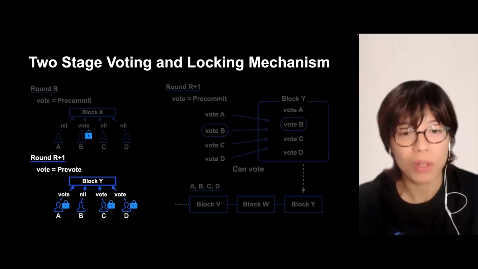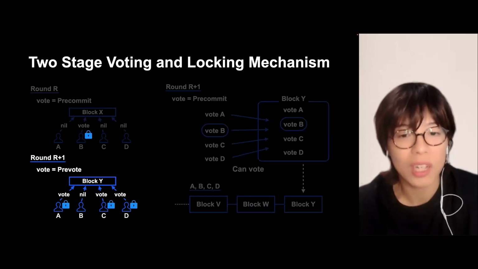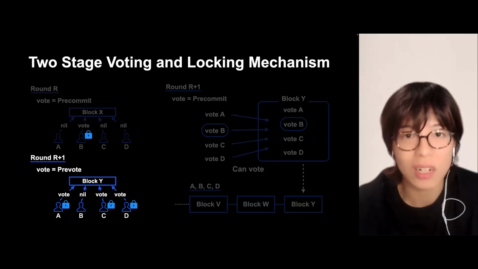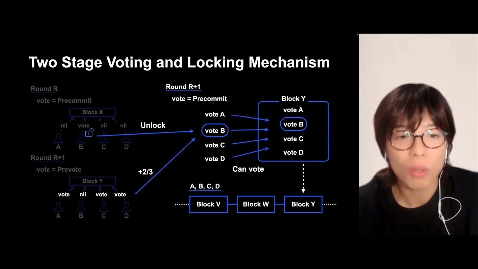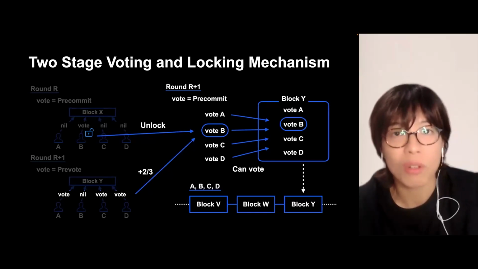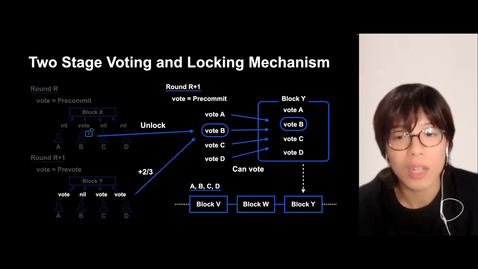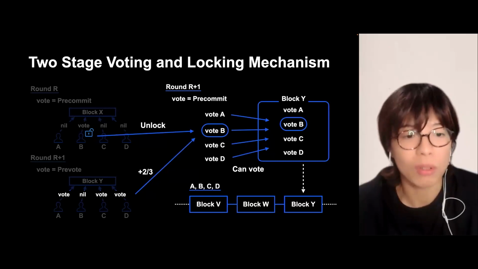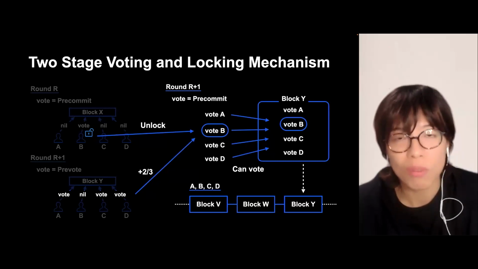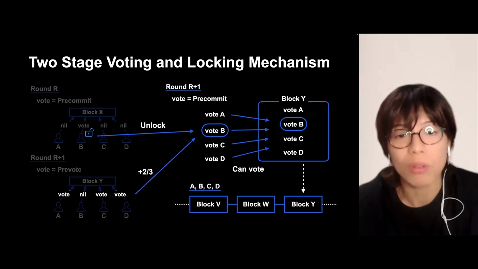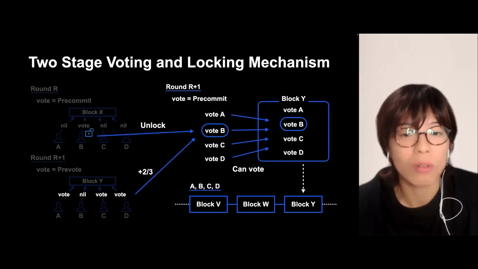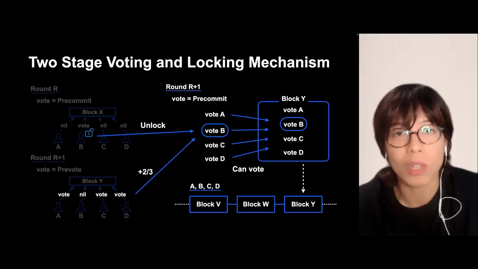Block X pre-commit. Now the unlock rule is applied. Block X pre-commit is B1. Block A, C, D, 3 votes. In the unlock rule, in the previous rounds, 2/3. Pre-commit was made, and X lock is cancelled.